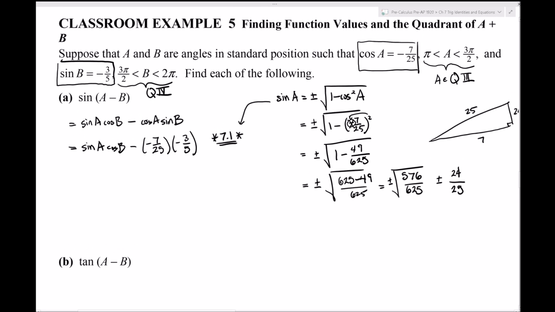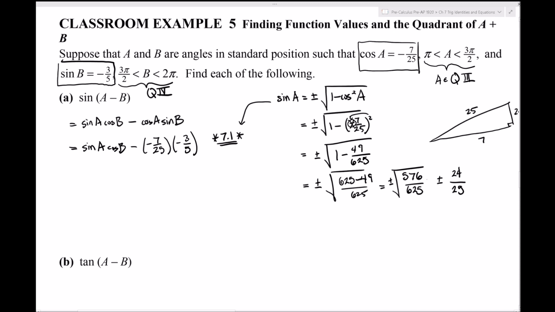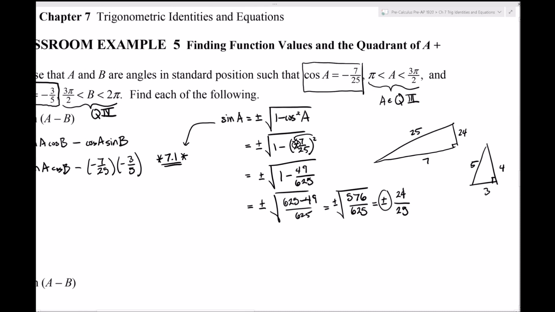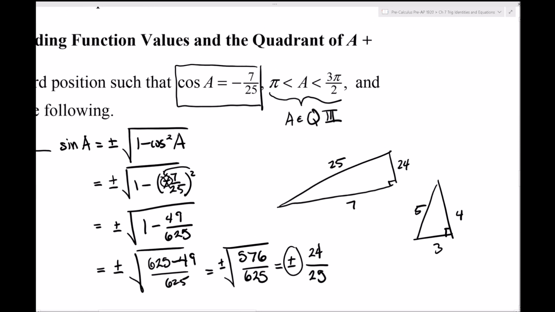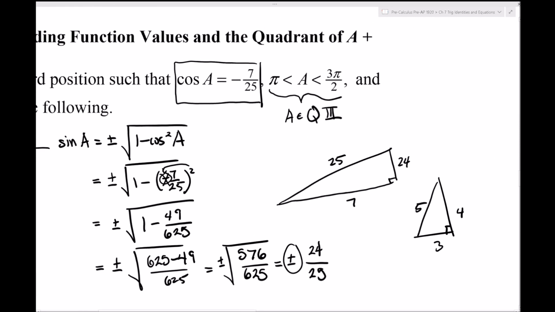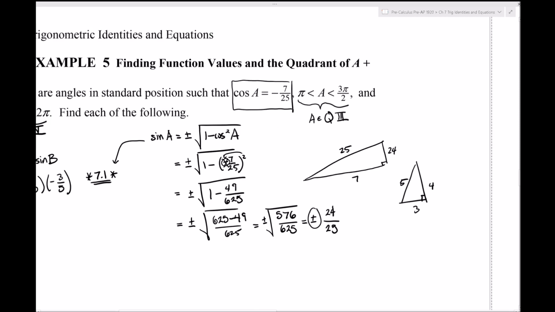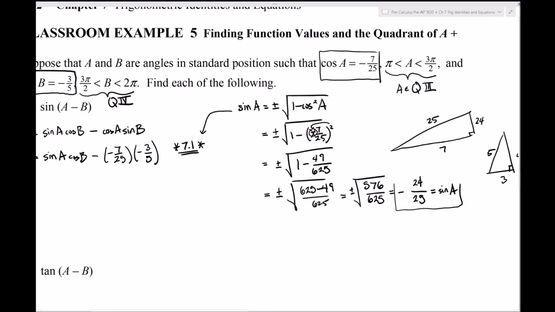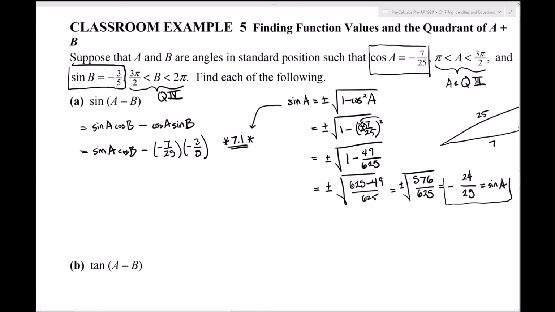Now here's the thing. I need to choose a sign. Is it positive or is it negative? We're doing this for the angle A, and A, we remember, is in quadrant 3. Therefore, sine is negative. So we get rid of the positive. This is sine A. I'm going to kind of box that, not really box it completely, because that's not the answer of the problem. That's just part of it. So that's negative